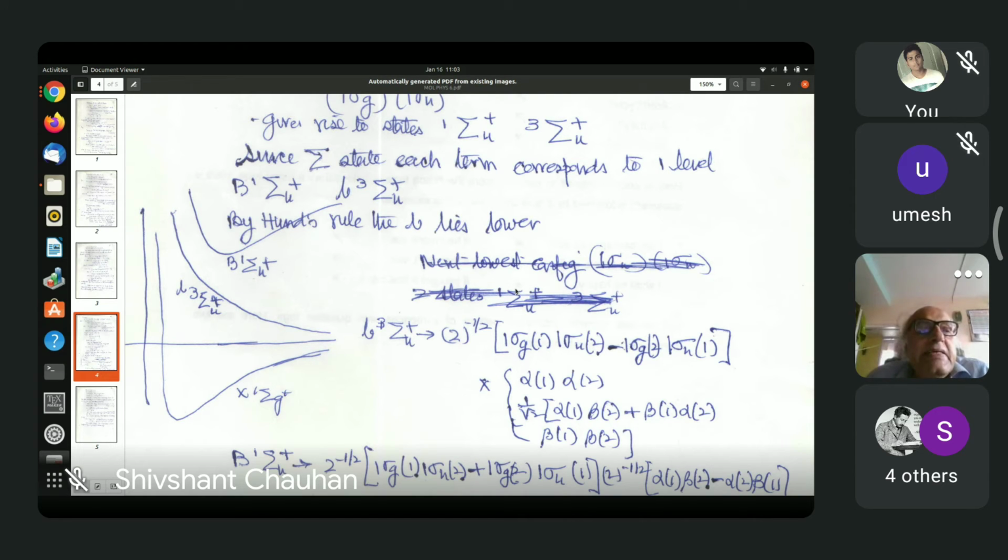But for singlet states, there is no such restriction because the electrons are antiparallel. With antiparallel spins, they can approach each other more closely than electrons with parallel spins. And so the interelectronic repulsion will contribute to a much higher extent, and the singlet state will be higher than the triplet state. This is just a justification of Hund's rule, you can say. Okay, sir. It applies to atoms also.